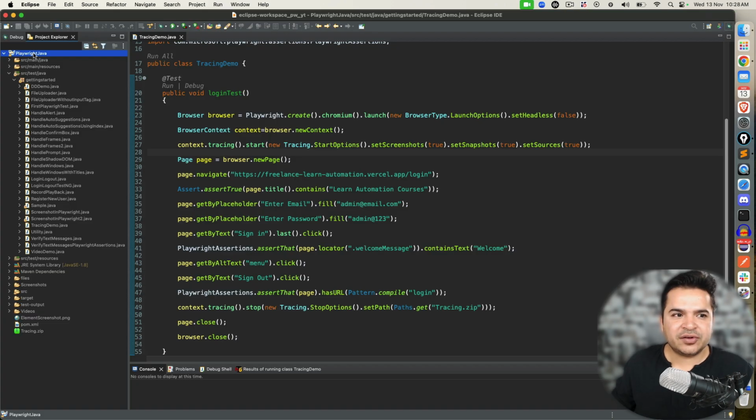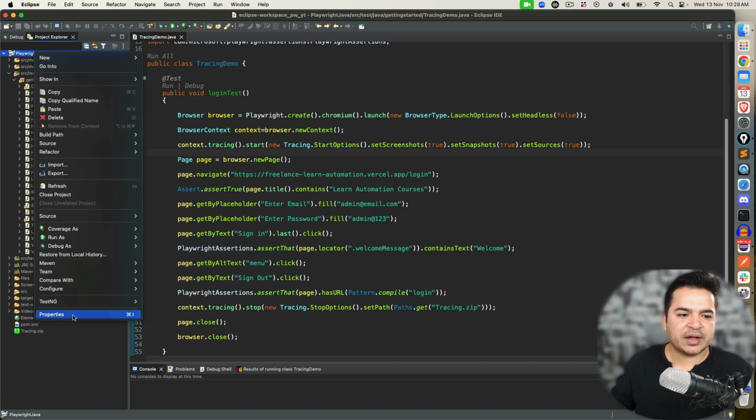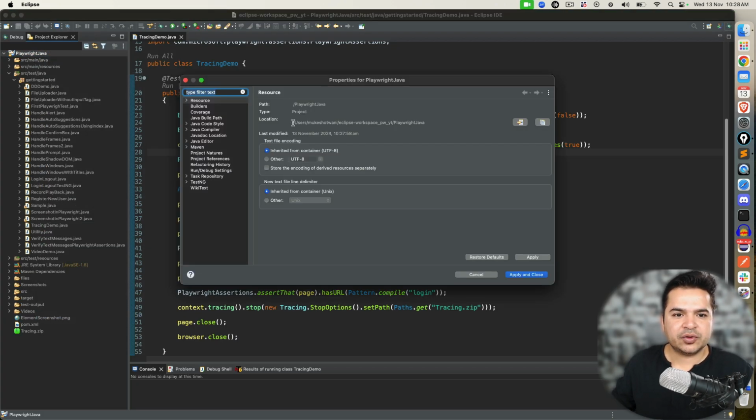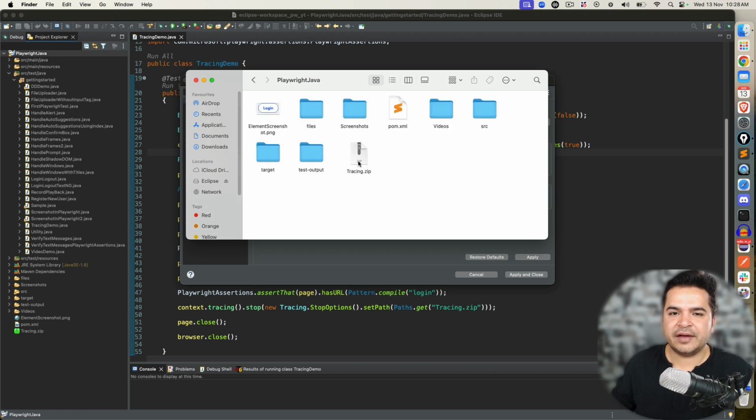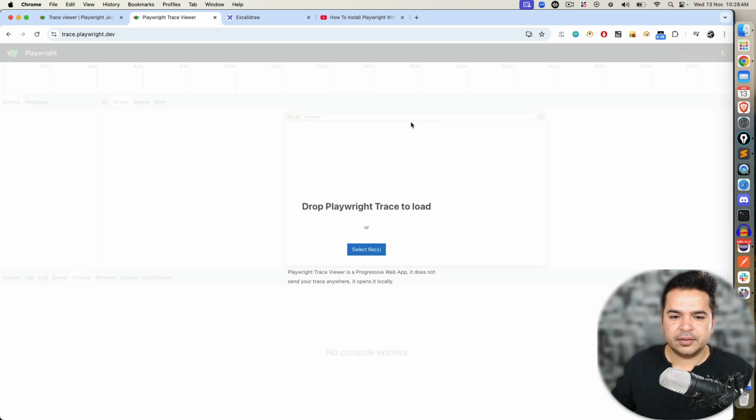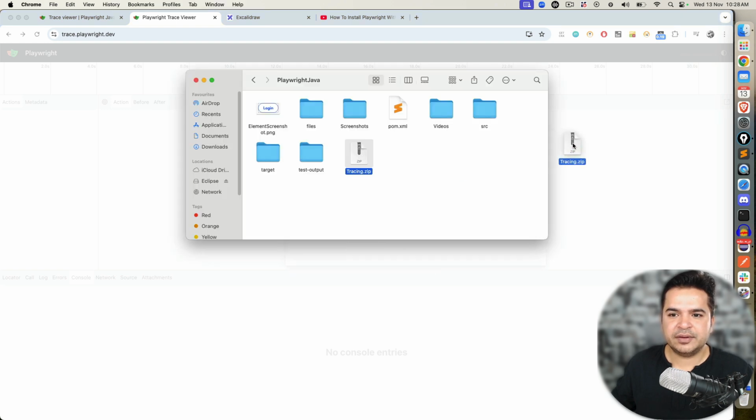To get the path of this tracing, I will right click on the project and go to properties. So this is the path. I can directly navigate to this path, or in Eclipse we have this option. So this is the project Playwright Java. I will open this and we have this tracing file. So I can go back here and I can drag and drop this to this particular